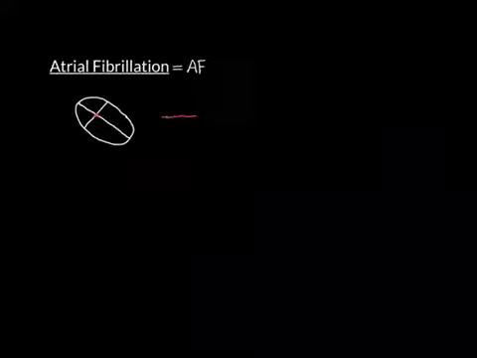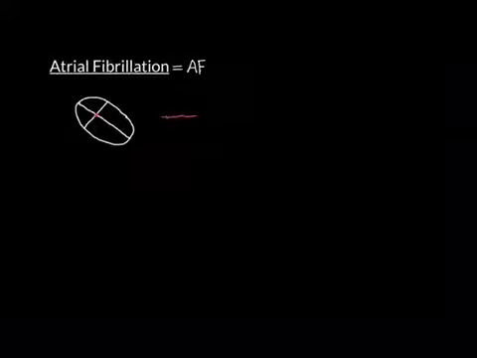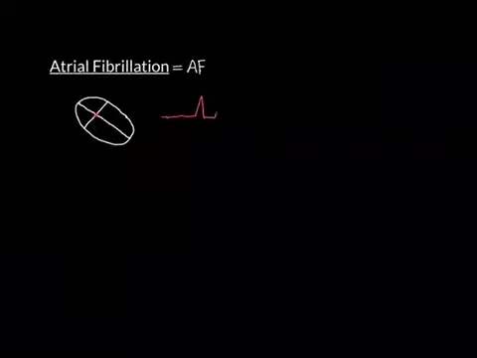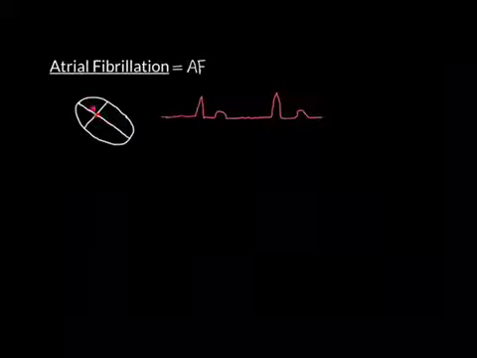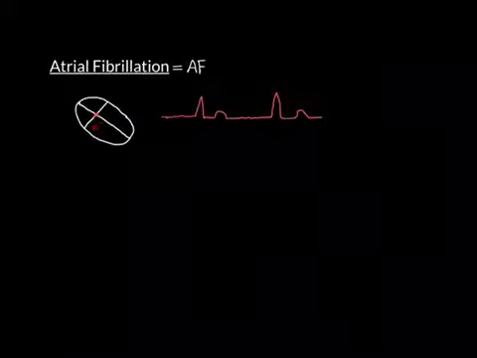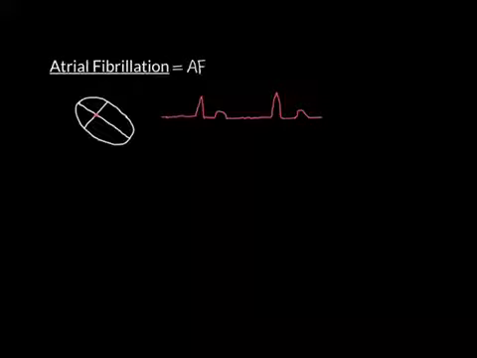So every once in a while, the AV node will let through an impulse of electrical activity coming from the chaos that's occurring in the atria, and then you'll get a QRS complex, and then you'll get the T wave afterwards, and then it will go on like this, and then you'll get another one conducted. So you'll see something like this, and the AV node will let through, hopefully, the correct number of electrical impulses. So even though there's chaos occurring up here and the AV node could potentially be letting through hundreds of impulses, it usually doesn't. It usually is working and it controls the number going through,